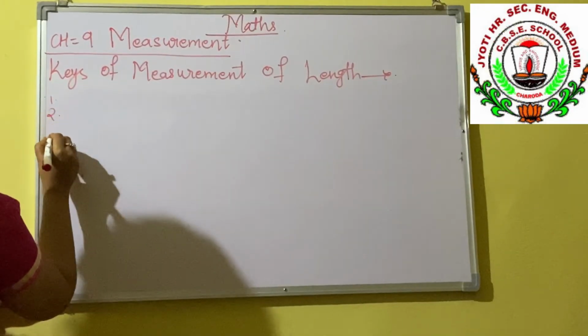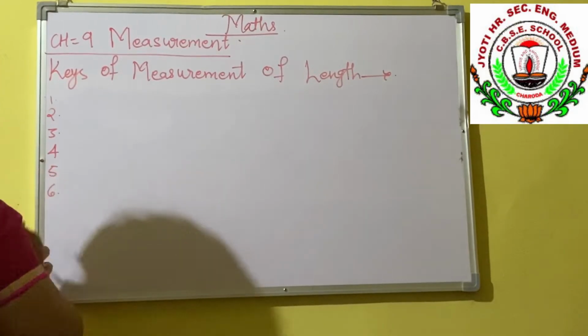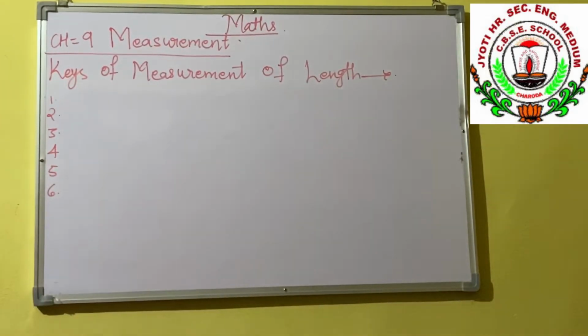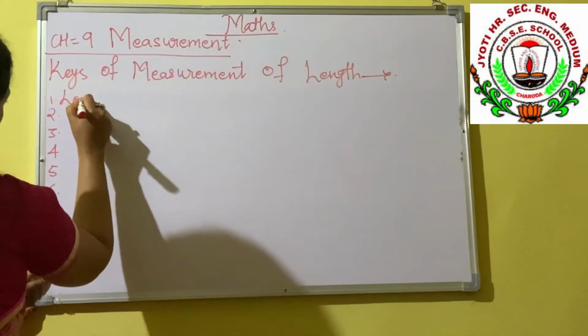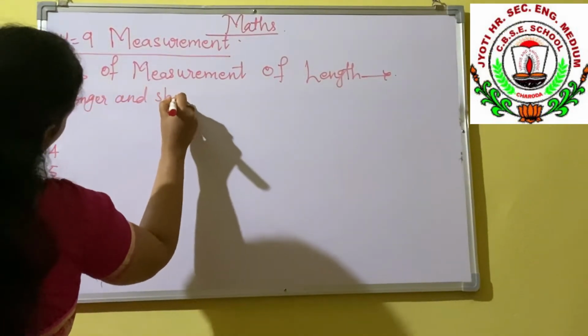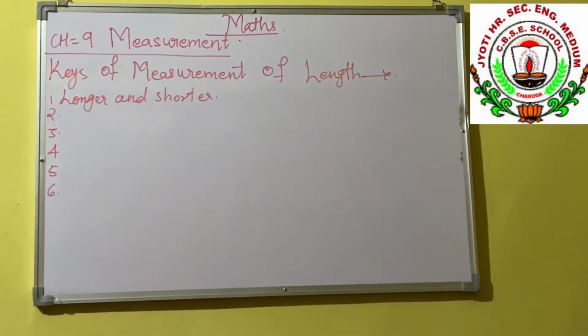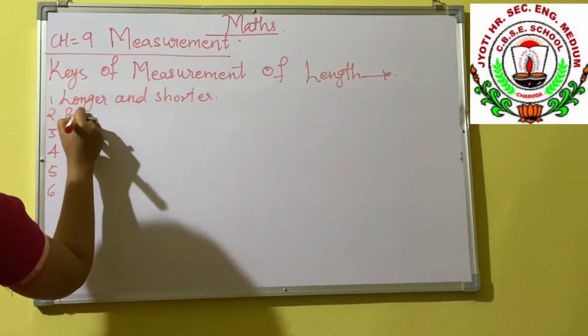Some points are given over here. First one is longer and shorter. You all know longer and shorter. First I will write all the points, then I will explain all things here. Big and small,